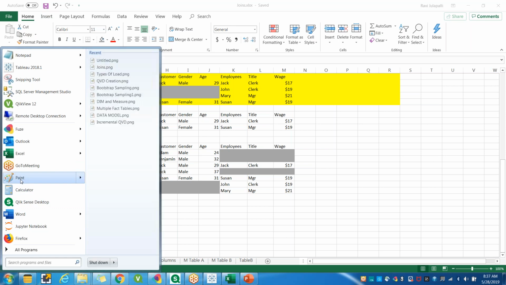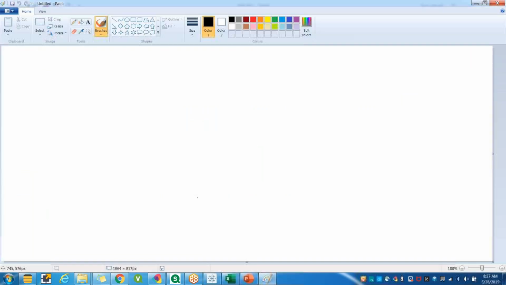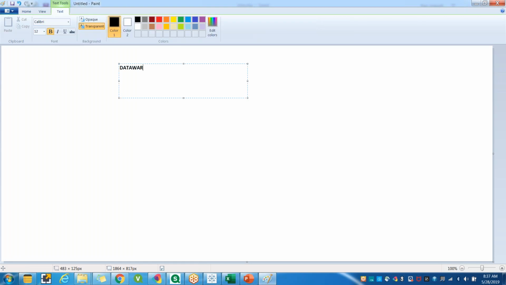How does it happen? That's where the joins come into the picture. Let's understand the data warehouse. What is the use of a data warehouse? A data warehouse is nothing but a structure of multiple tables